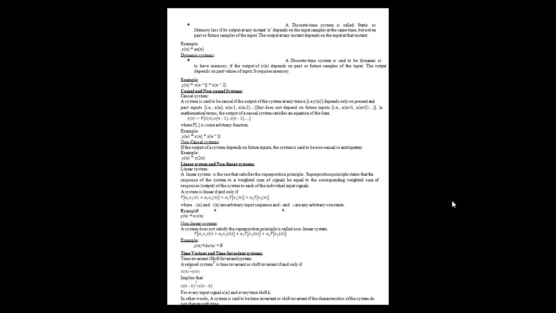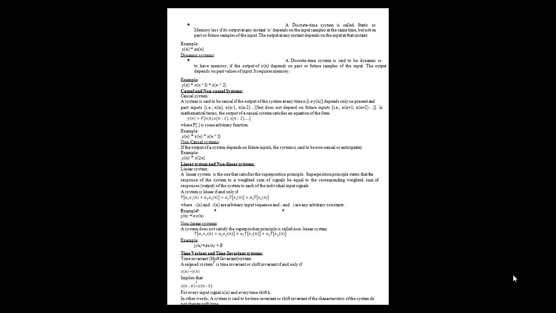Okay. And the next one we have to define is what is a time variant and time invariant system. When you are defining time variant and time invariant, a system should satisfy the equation: x of n gives y of n, for every input signal x of n and for every time shift k. In other words, when you are defining a system to be time invariant or shift invariant,